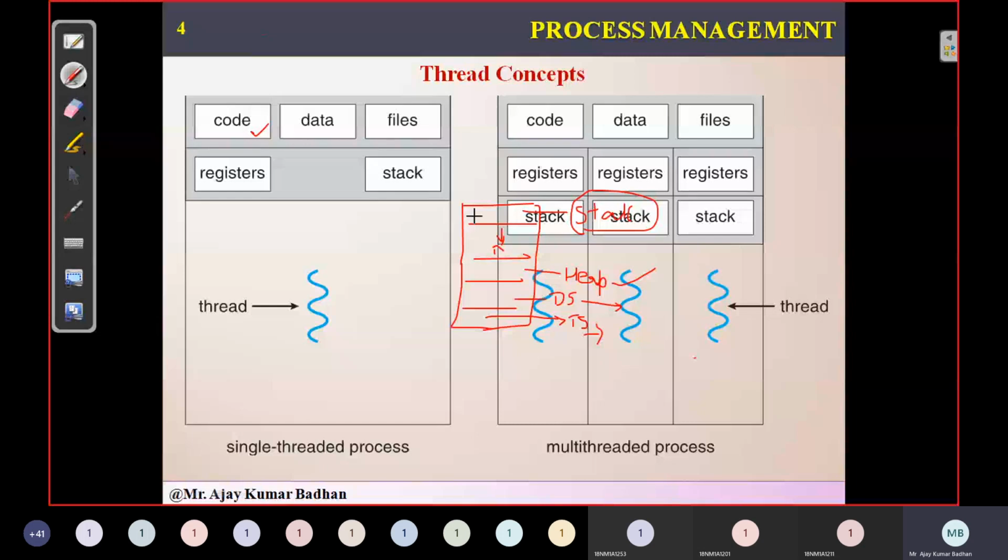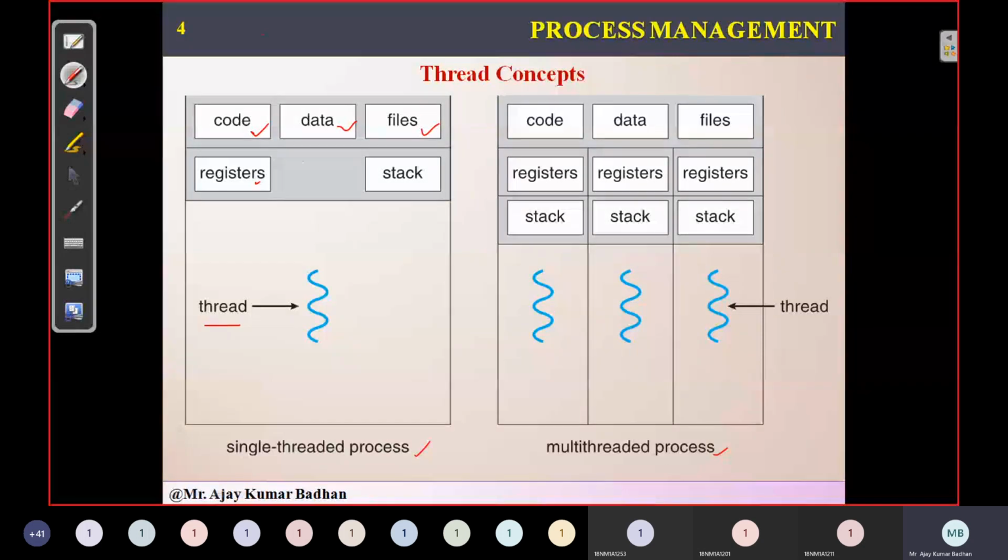In the same way, each and every thread will have these properties, and that is what is being represented here. The first diagram you are seeing here is a single-threaded process. This one is multiple threads. If there is a single thread, everything belongs to that particular thread only. Like you can see here, we have a code section. Already we discussed, the code section will consist of your entire code. Data section will consist of whatever we discussed here. Files: whatever files it wants to access, it can. Registers are there in order to store the data. Stack, already we discussed, is used for storing temporary variables.